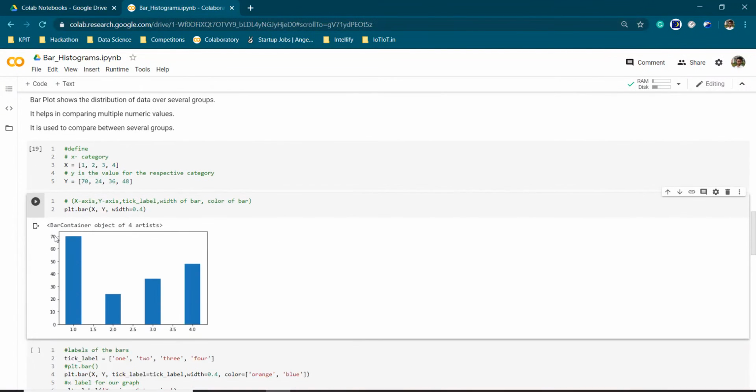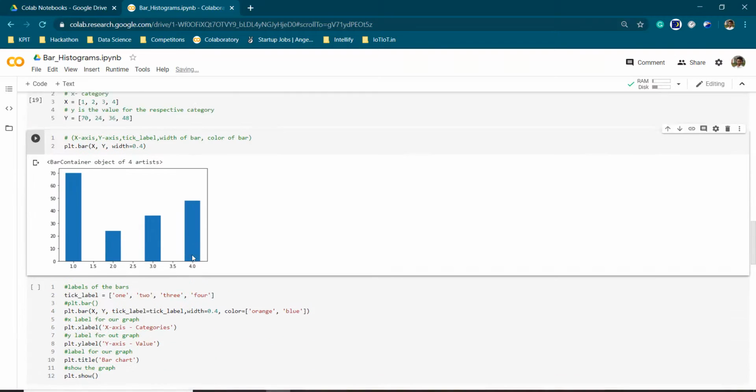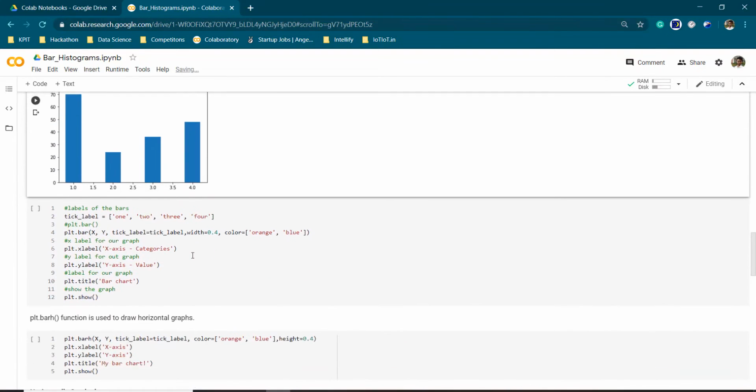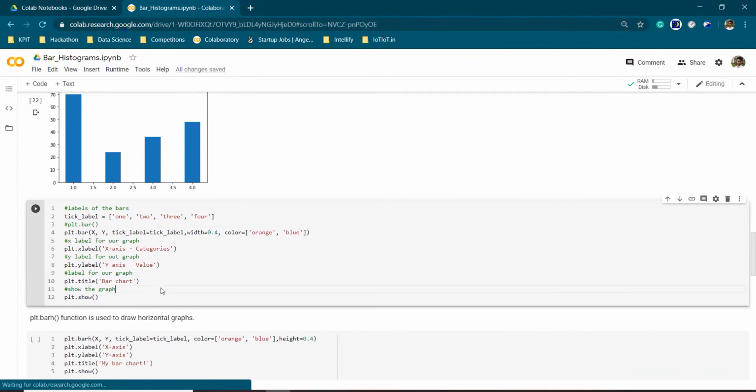So here you can see that our bar graph has been plotted. On the x-axis we have values of 1, 2, 3, 4, and on the y-axis, for 1 we have a value of 70, for 2 we have a value of 24, and similarly for 3 and 4.